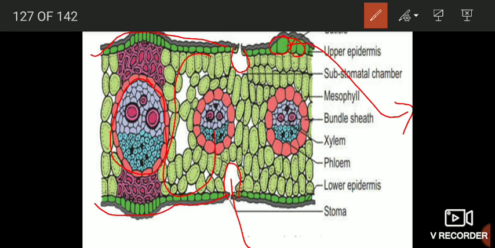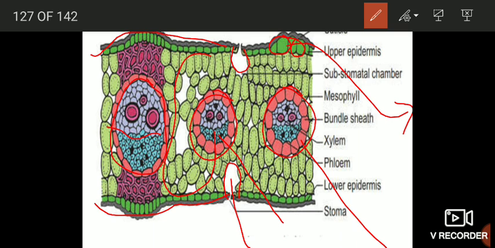Here you can see these are actually three different veins which lie parallel to each other, and each vein contains a single vascular bundle. Now let's look at a single vascular bundle. Each vascular bundle is conjoint. Conjoint means xylem and phloem lie next to each other. They are collateral and they are closed. Collateral means xylem lies on upper side and phloem lies on lower side. Closed means they do not possess any cambium between xylem and phloem. There is no cambium, so they are closed for secondary growth. Secondary growth cannot take place.